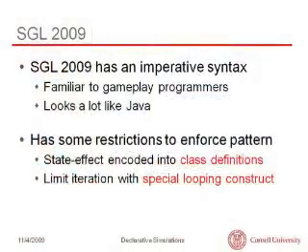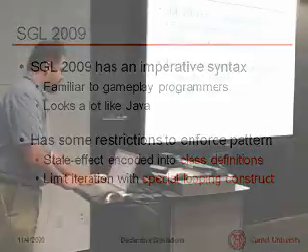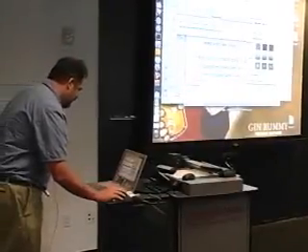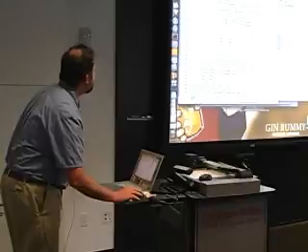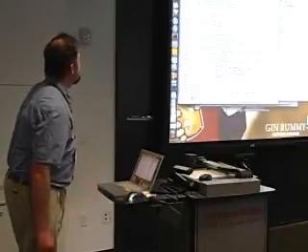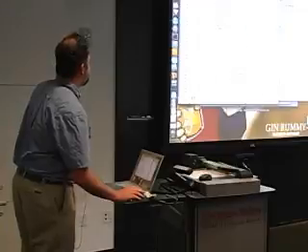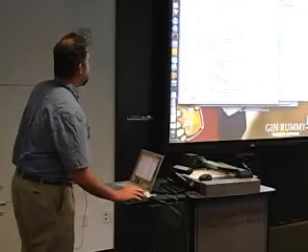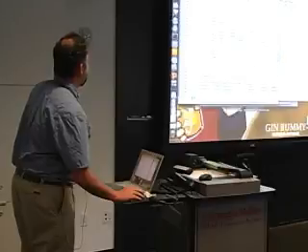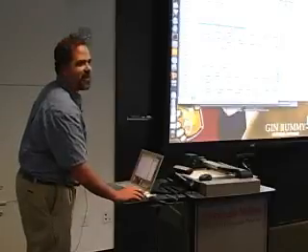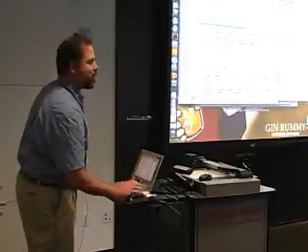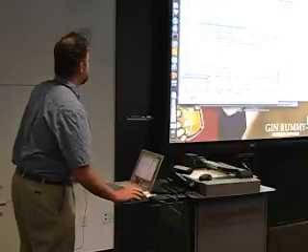In fact, it has a very imperative syntax. It looks a lot like Java. This right here is a fish simulation for a biologist that we're working with. This right here is part of a traffic simulation that we're working with a civil engineer on. The syntax coloring here is because I turned on Java syntax coloring, and my little editor recognizes it right away. So it's very, very close to what Java looks like.